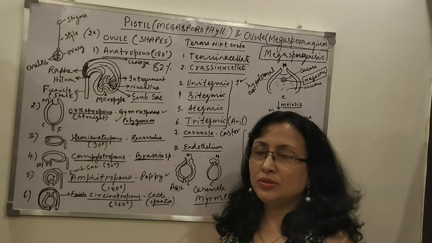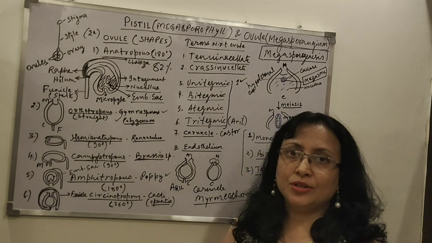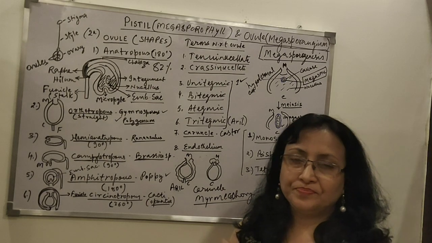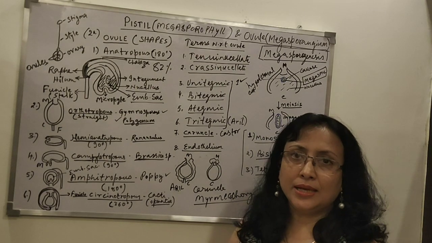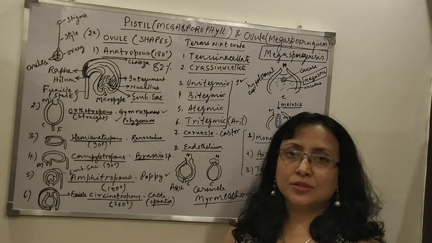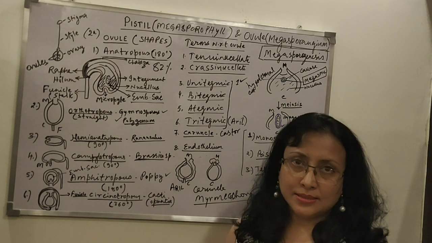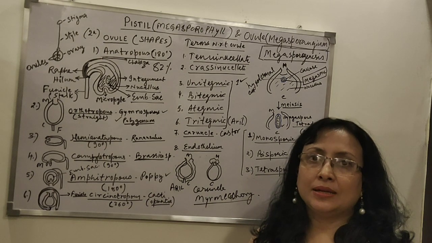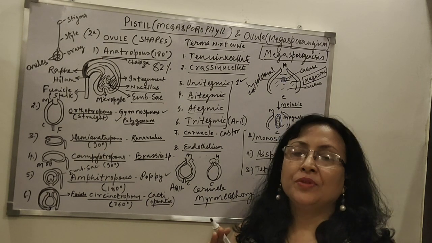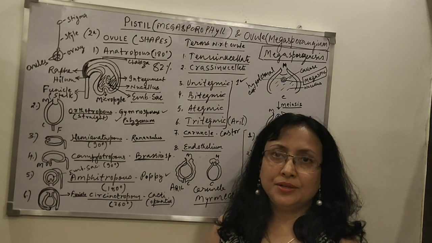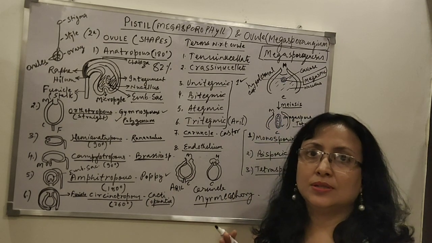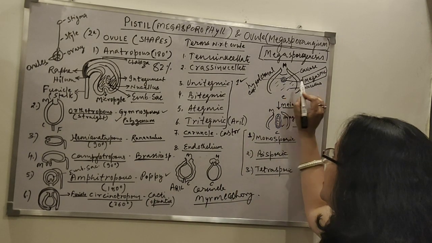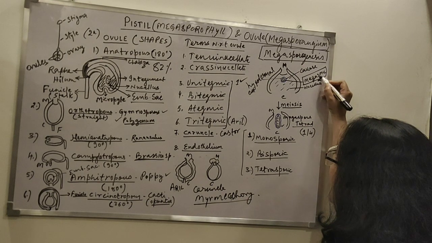In some ovules, it can be one division, one mitosis, and there can be two cells, one outer parietal and inner sporogenous cell. So it is the inner cell which becomes the mega SMC. But in some ovules, it can be directly the hypodermal cell acting as a mega SMC. So this part should be very clear in your mind, what the mega SMC is, and it is the last cell which is diploid.